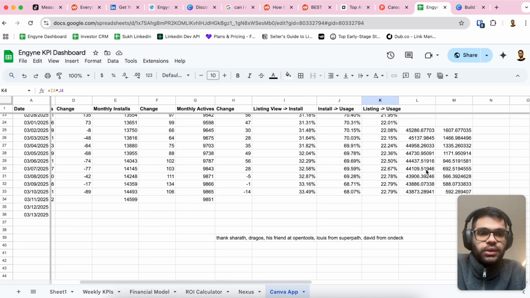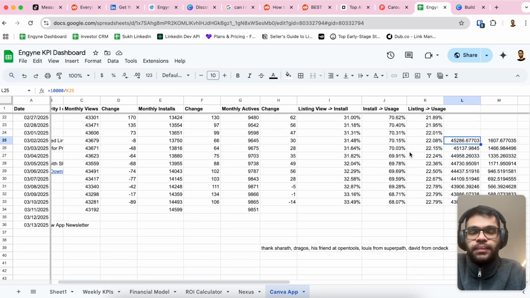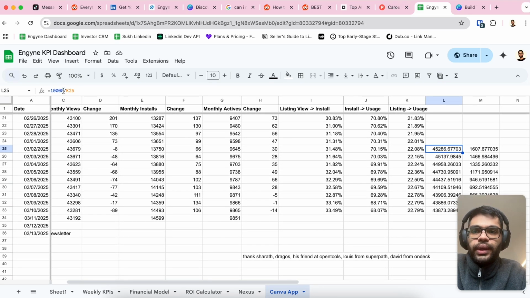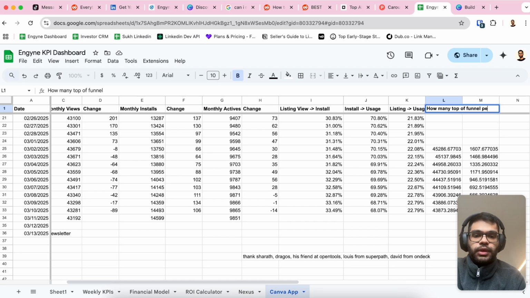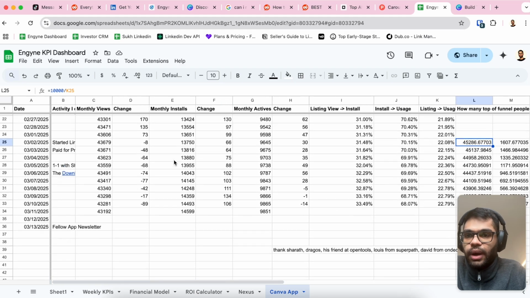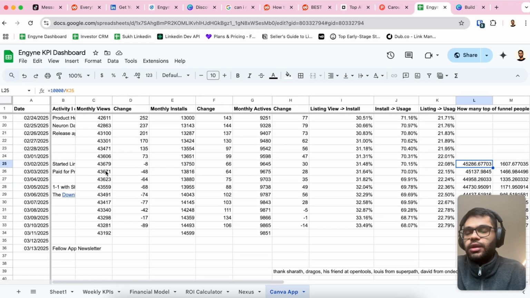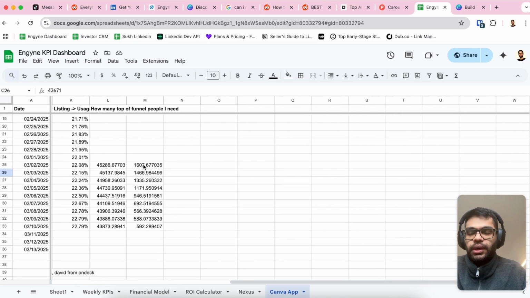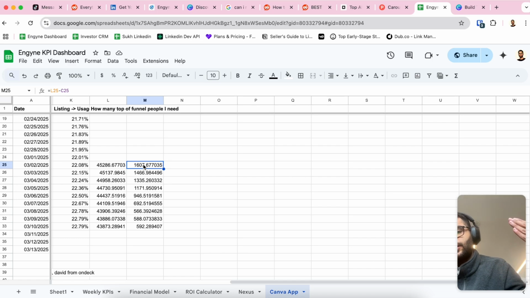One of the calculations I do here now is I want to get to 10K usages, and this formula predicts how many top of funnel people I need. These are the total amount of people I need. Then I take this number and subtract the monthly views I'm getting. This shows me how many additional people I need to send through the funnel.